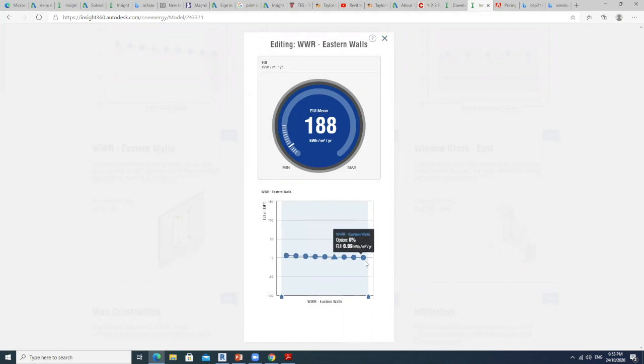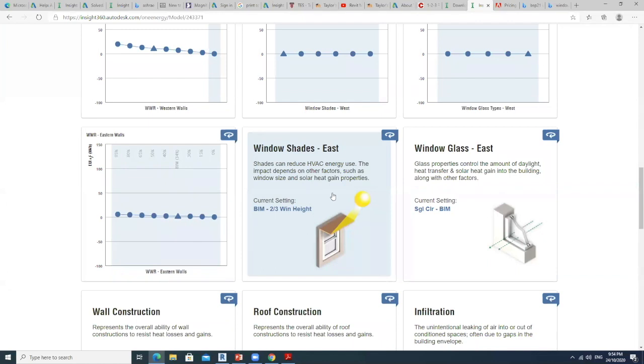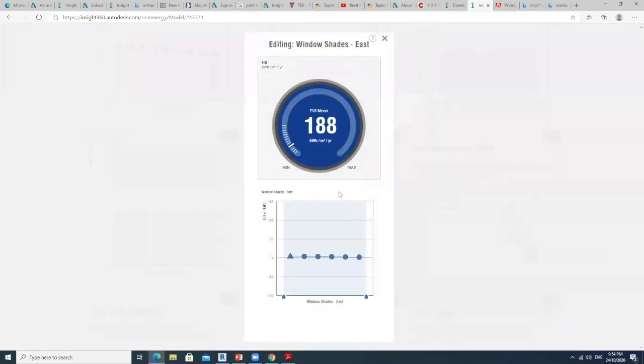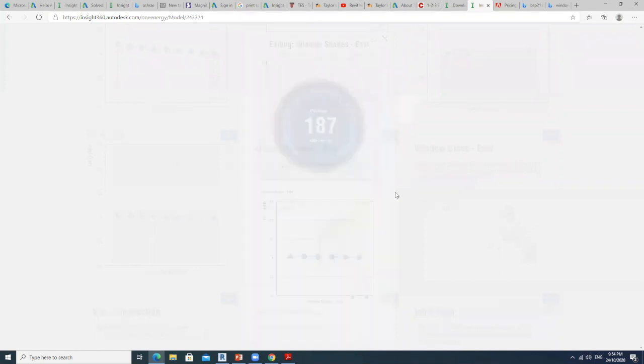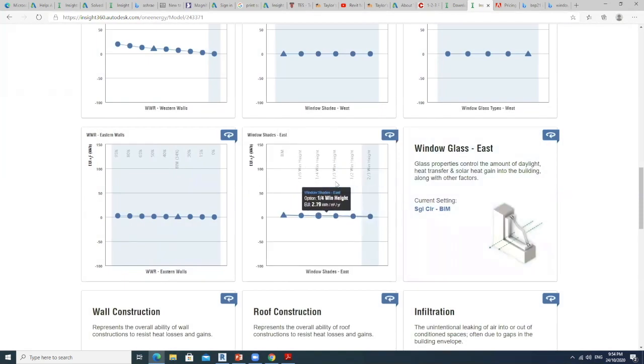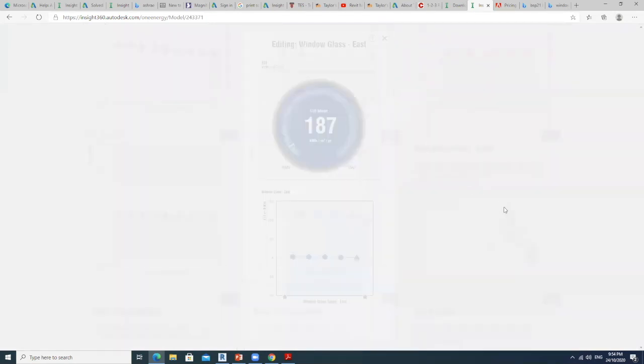So if the reduction is not that significant, you can just ignore it, or perhaps you can propose better materials for your building, by using triple low-E glass or whatsoever. By having window shades, going from 2 to 3, I can reduce by 187. It's quite huge. So it's quite okay if you put it on the